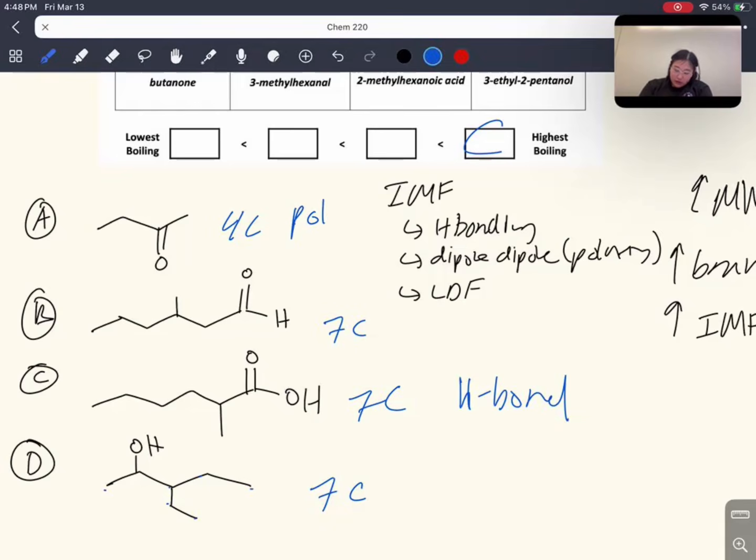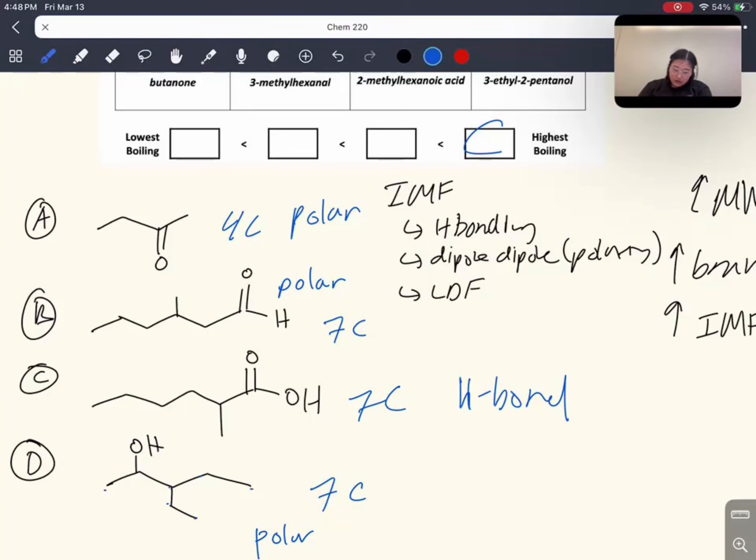B is also polar. And D isn't polar. Or it is slightly polar, I guess, because the oxygen is electronegative and it's bonded to